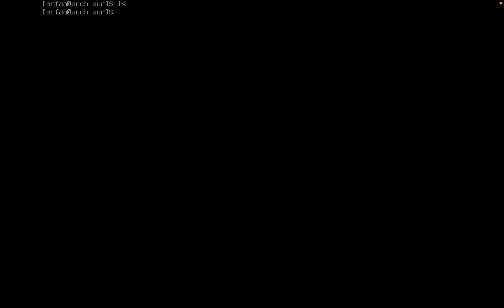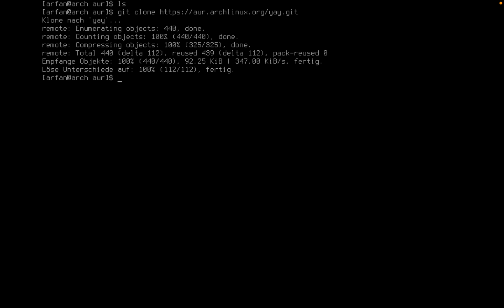And now we can make a git clone https://aur.archlinux.org/yay.git. Okay, now we can cd into yay, ls, and now we can make